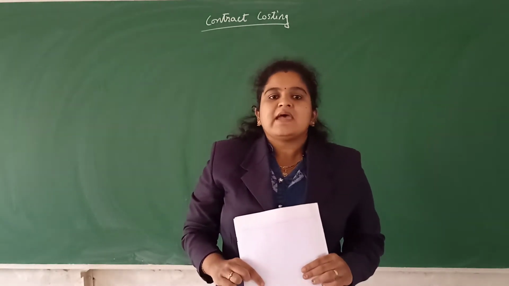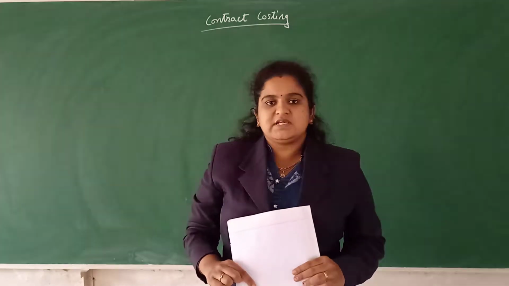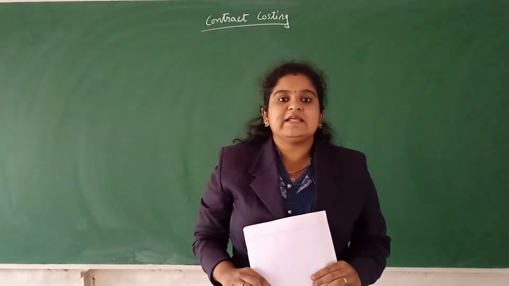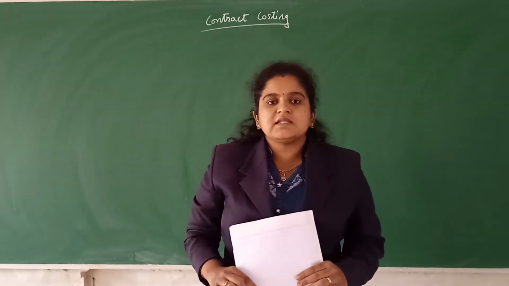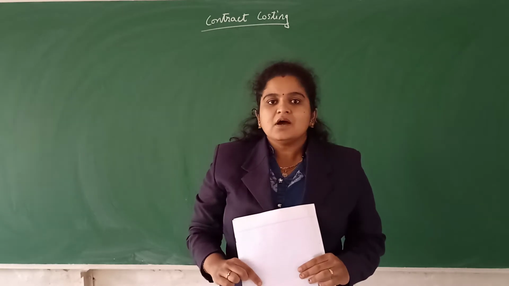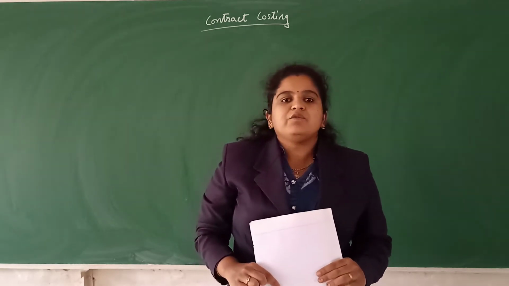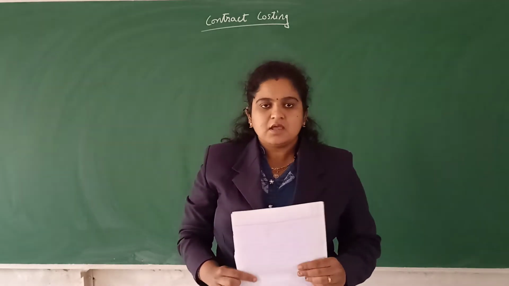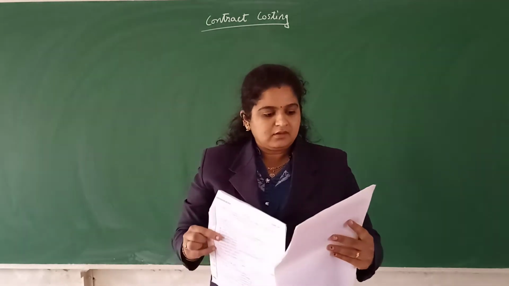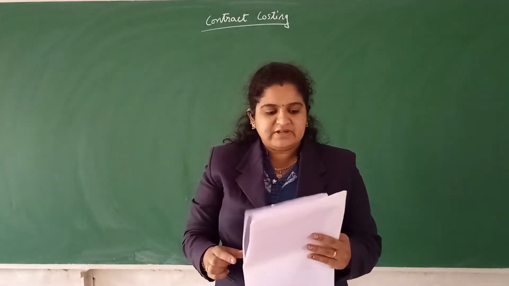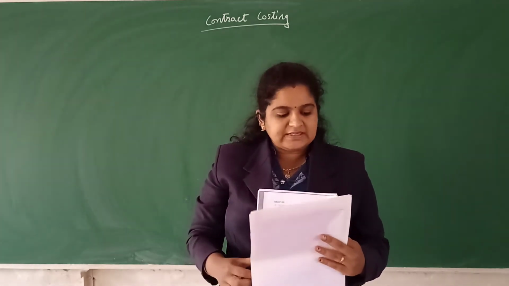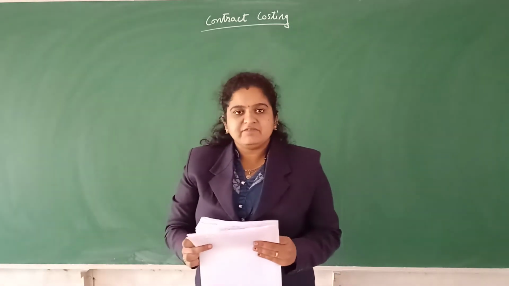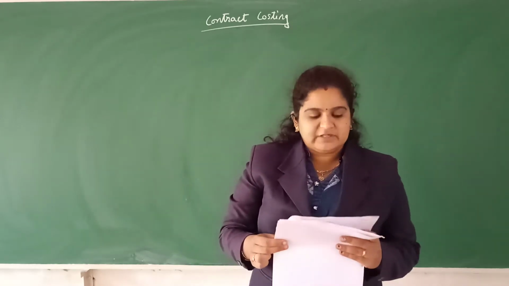Now, usual examples of contract costing are road construction, bridge construction, dam construction, building construction. So these are the examples of contract costing. Now we will solve 15 marks problems on contract costing. So now we will begin, from the year 2017. For 15 marks they have asked the 10th problem. I will read out the problem and then we will solve it.